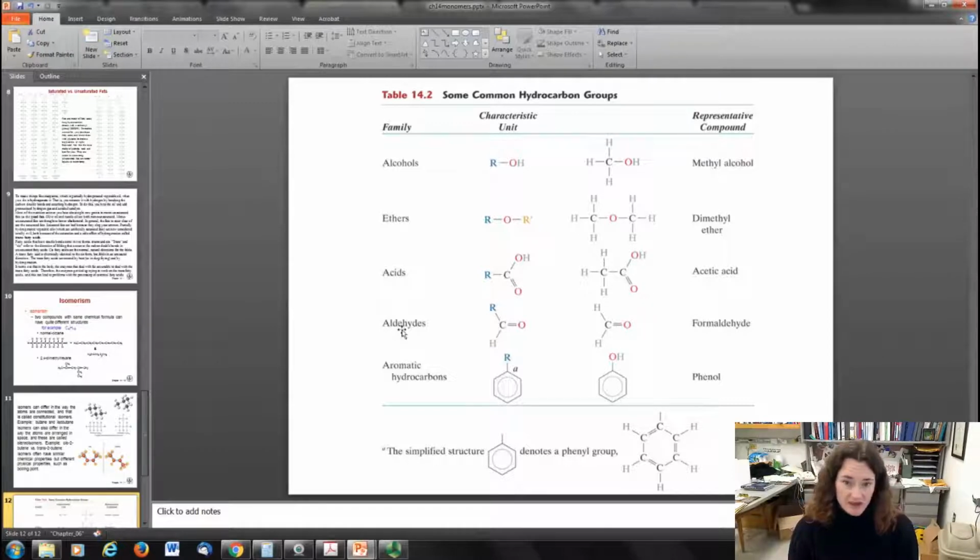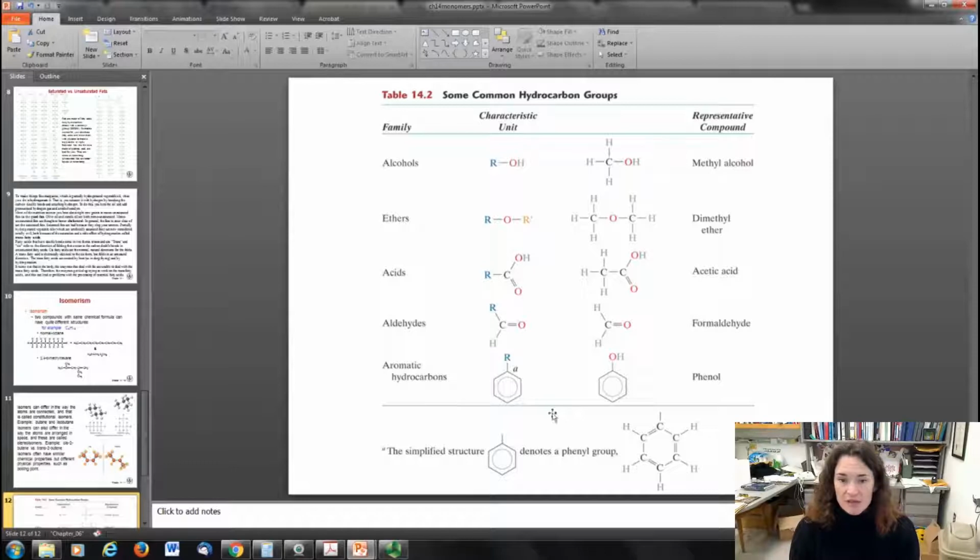Aldehydes, like formaldehyde, you have a group here, this generic group, that's hooked to a carbon double bonded to an oxygen, which is also bonded to a hydrogen on the other side. So formaldehyde is the simplest one, and it's just the R group is just a hydrogen over here. Of course, we use that to preserve bodies in the olden days. And then you have your aromatic